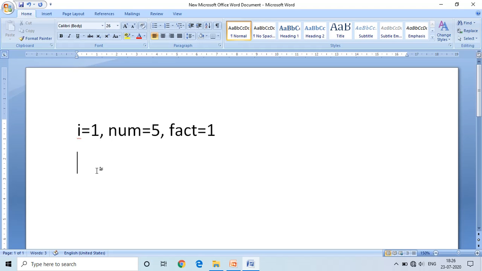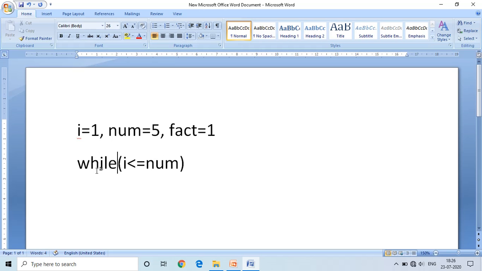After reading the number, it executes the while loop. In the while loop, the condition is I less than or equals to num. This is the condition. This is the first iteration.